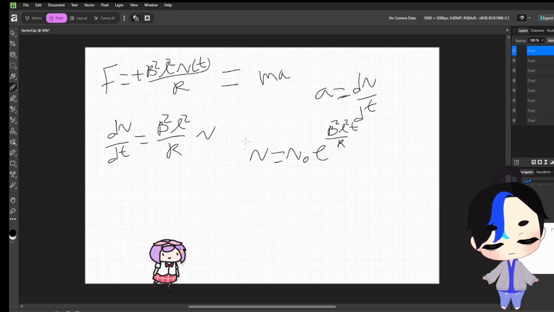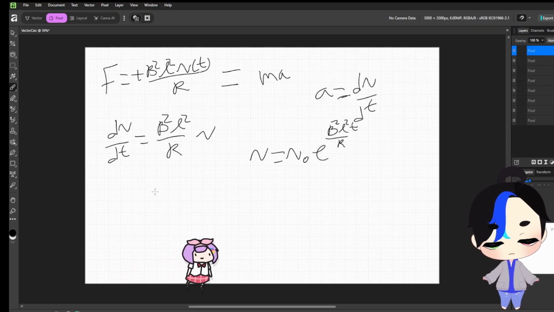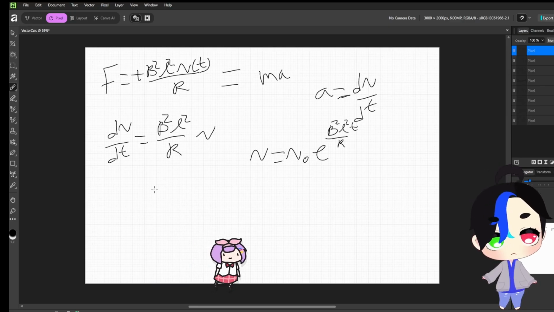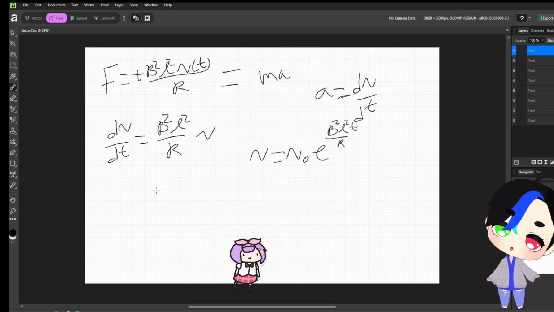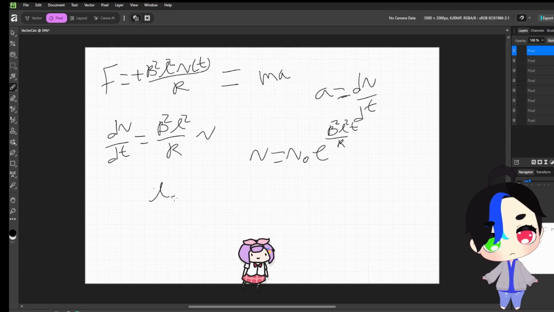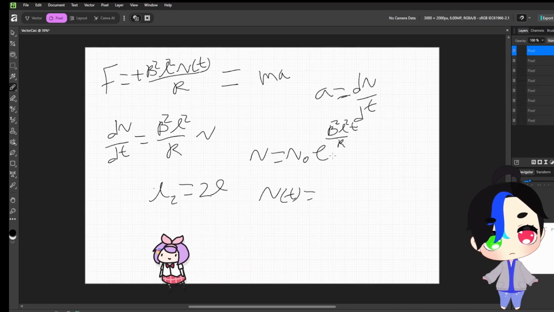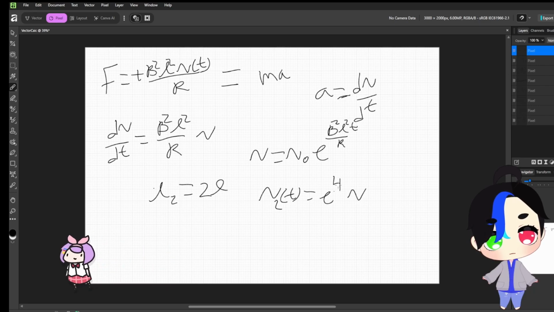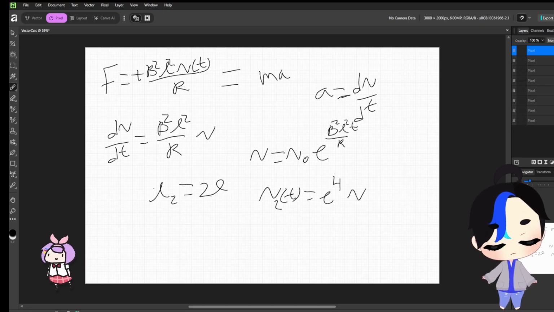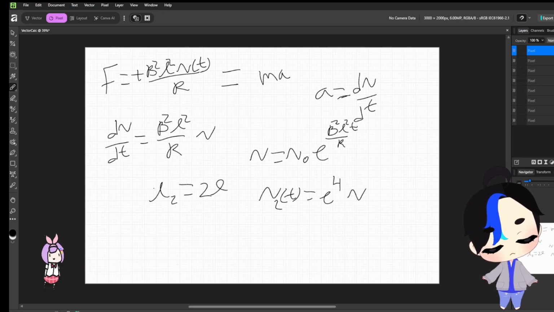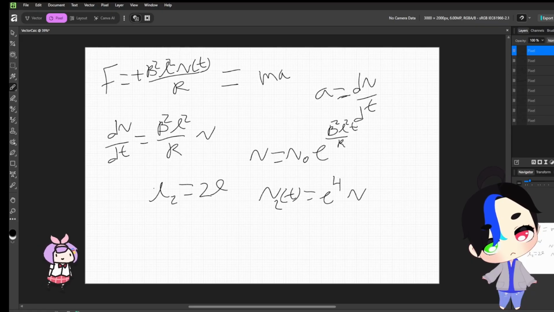So for instance, if we doubled the length of our rail, then that means our velocity over time ends up increasing by a factor of e to the fourth, which, if I use a calculator, because I'm not doing that in my head,